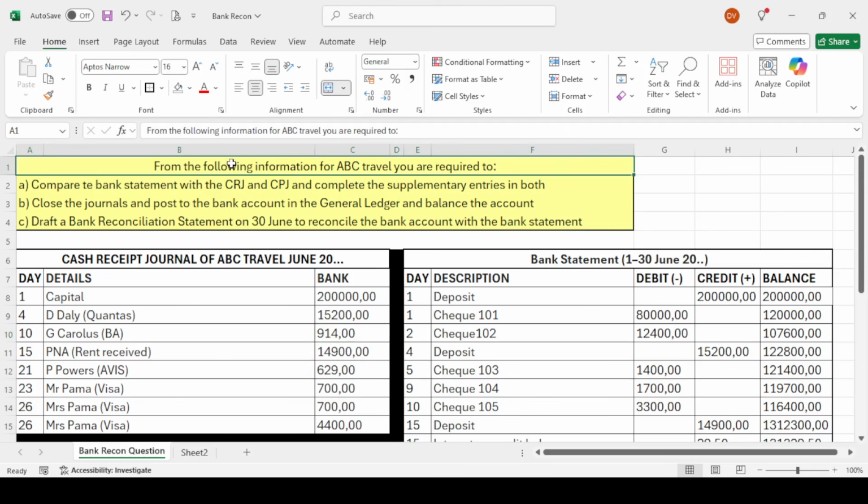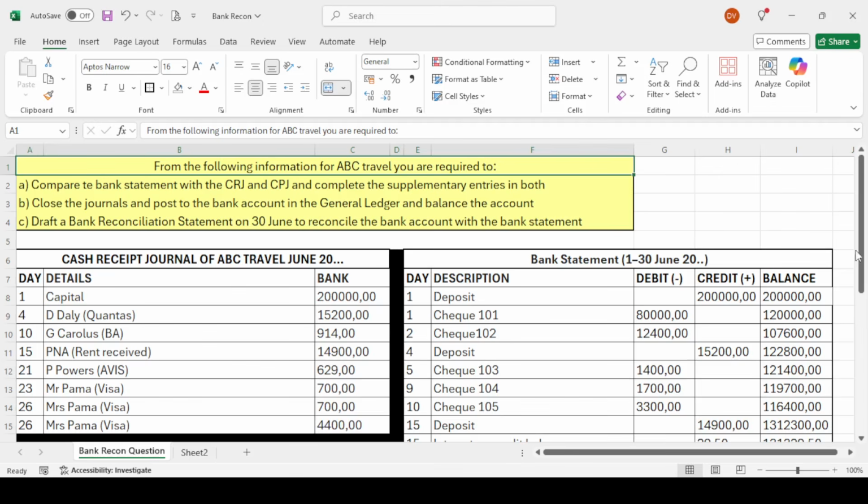Okay, so there's a simple rule to follow when you check, because you're going to check everything and see if all of the amounts match up. So the rule is that if the transaction is on the journal, but not on the bank statement, it needs to go to the bank reconciliation statement. If the transaction is on the bank statement, but not on the journal, it needs to go to the journal. That's your rule, okay?